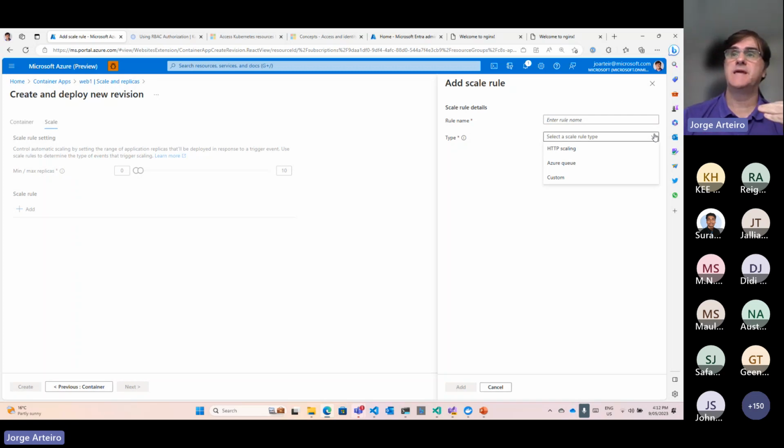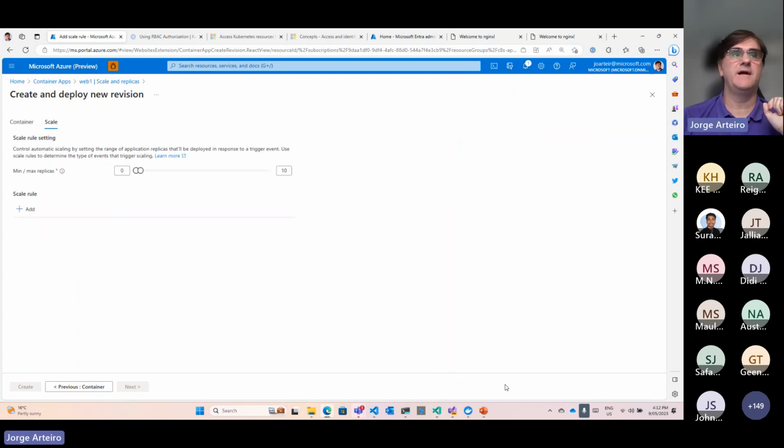You can scale based on Azure queue. There's a queue. Let's say if there are 100 messages on the queue, you can scale and create a second instance of my application that is going to process the queue faster than with a single instance. That's how they scale.